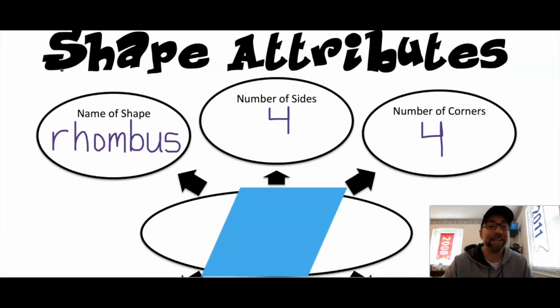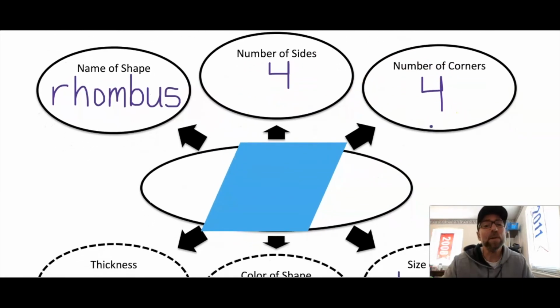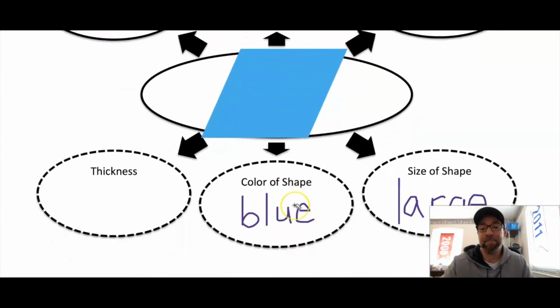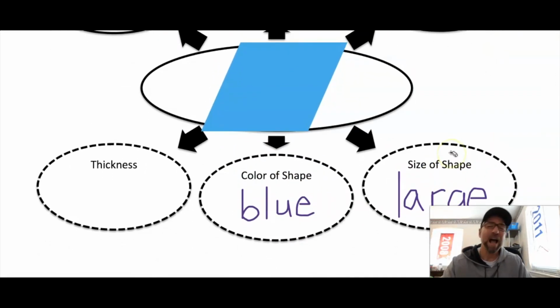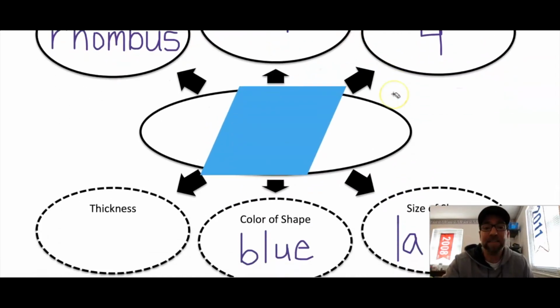Let's see how you did. Did you know that this is a rhombus? A rhombus has 4 sides and 4 corners. Notice that the rhombus doesn't have to have a square corner. This corner is not a square. Our rectangle had to have a square corner. The rhombus doesn't have to have a square corner. Our rhombus is blue, and it's also large. I put large because it stretches out of the middle oval. So they're the defining attributes, and then these are the